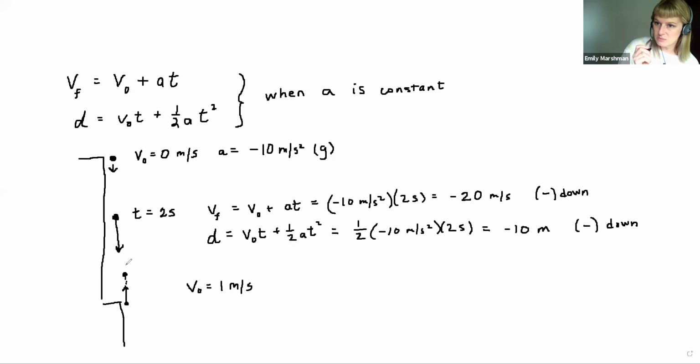It stops momentarily and then begins to fall back down towards the Earth. So at the peak, the final velocity is zero. So at max height above the ground,